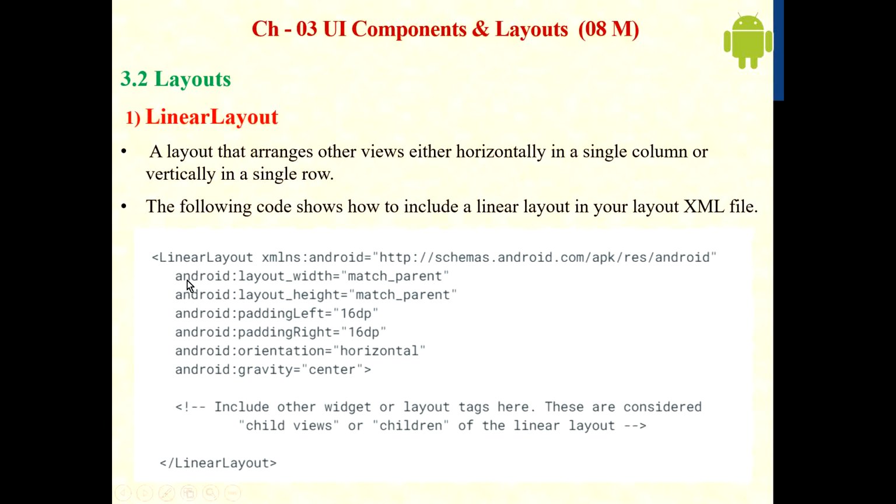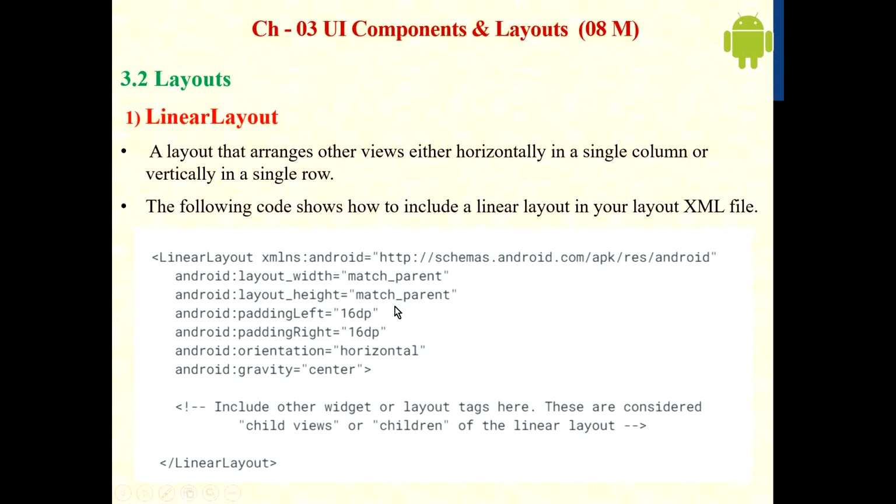Okay, android:layout_width, layout_height, paddingLeft, paddingRight, orientation, gravity. Okay, so in that we define various factors regarding the layout. First is width. Android width of the layout is match_parent. Okay, simple, it means your mobile screen or total screen. Linear layout is applied to the total screen of your mobile. Okay, so for that here I write match_parent. Match_parent is a constant.